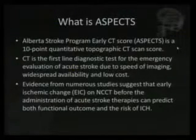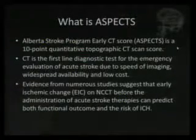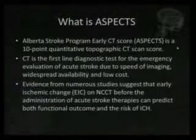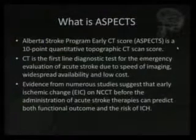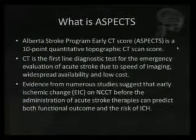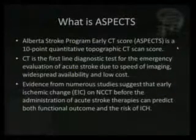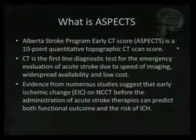It's a 10-point quantitative topographic CT scan score. CT is always the first line in the diagnostic test for strokes, and is very fast, has widespread availability, and is very low cost. So these guys here in Alberta devised a scale to help triage patients to see which ones would be suitable